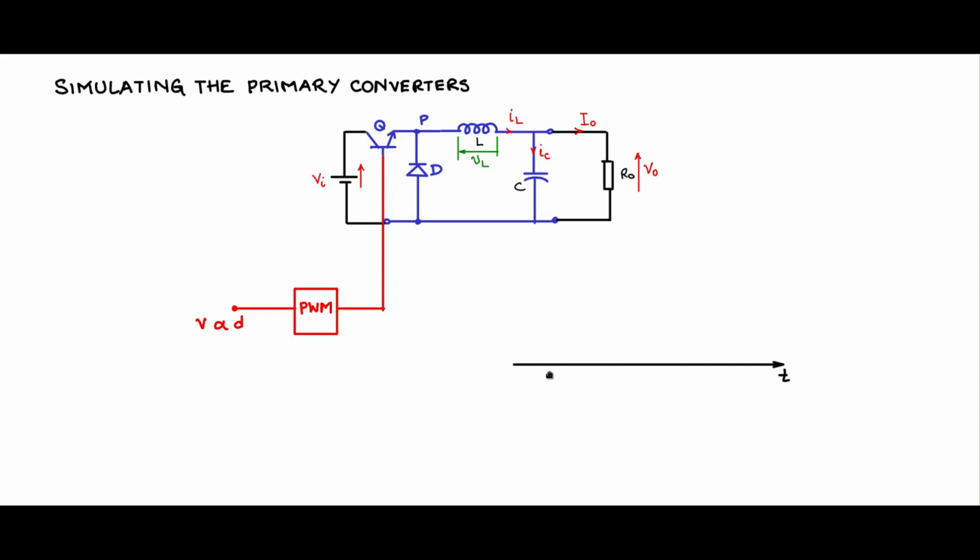Inside this PWM block, what you may find is that there is a triangular carrier. So this is, let us say, 10 kilohertz. I have set it to 10 kilohertz for now, but you can experiment with different frequencies. And this carrier is swinging from -1 to +1. And then you can have a control voltage, a voltage which is proportional to duty cycle.